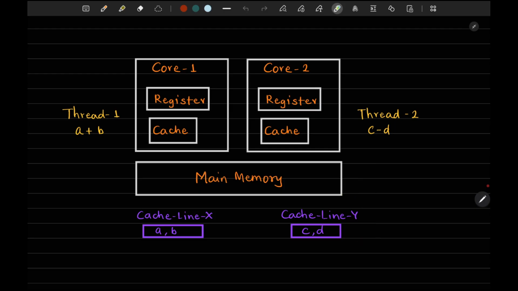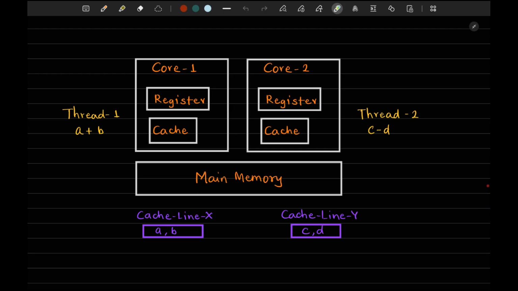Core 2 fetches cache line Y from main memory and loads it into its local CPU cache. Core 2 performs the C minus D operation using its local cache copy. Both operations complete efficiently and in parallel because each core accesses its own independent cache lines, avoiding any contention or